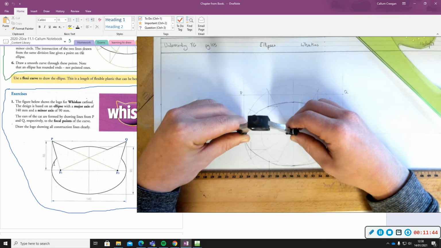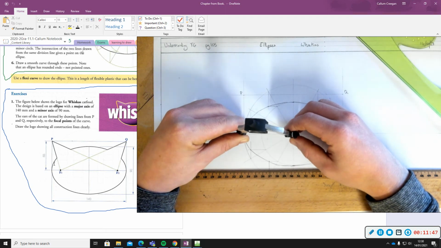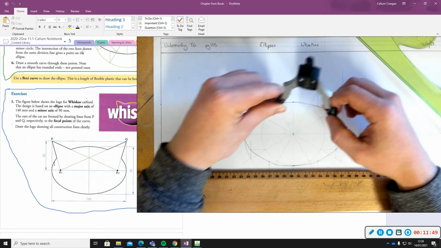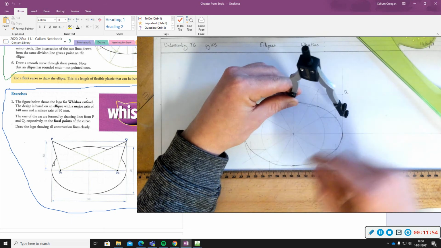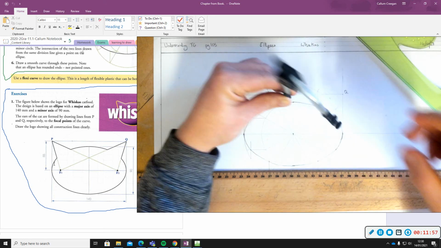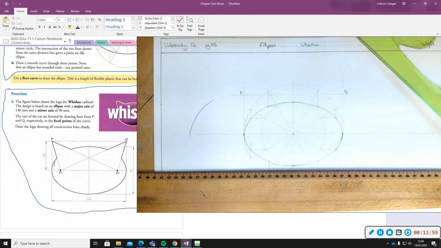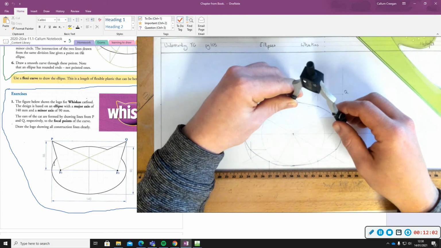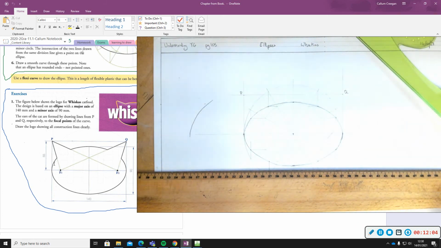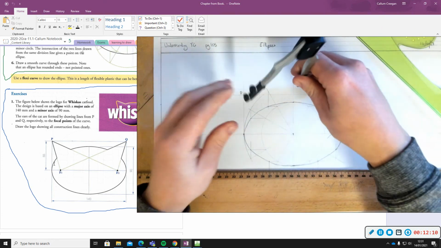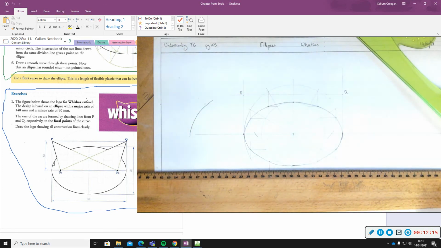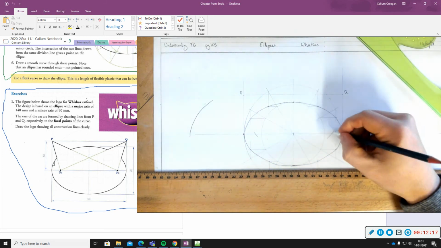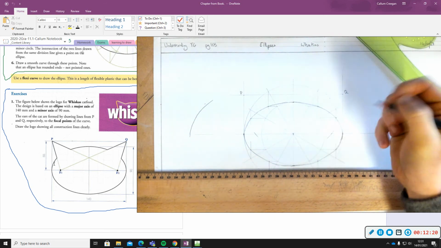So we take half our major axis, I put it up to the top, or you can do the bottom of my minor axis, and I'm just drawing a swing line there. You can see it. I'll do it a bit heavier because of the light. There. Okay. And again, do the same thing the other side. Just like that. Now, where those swing lines go across your major axis line,